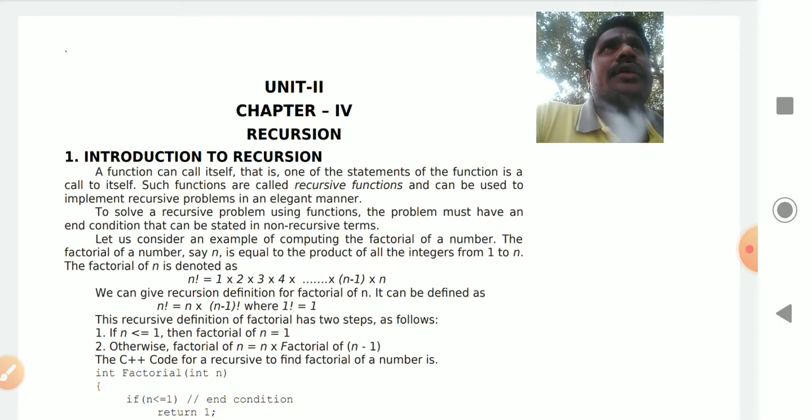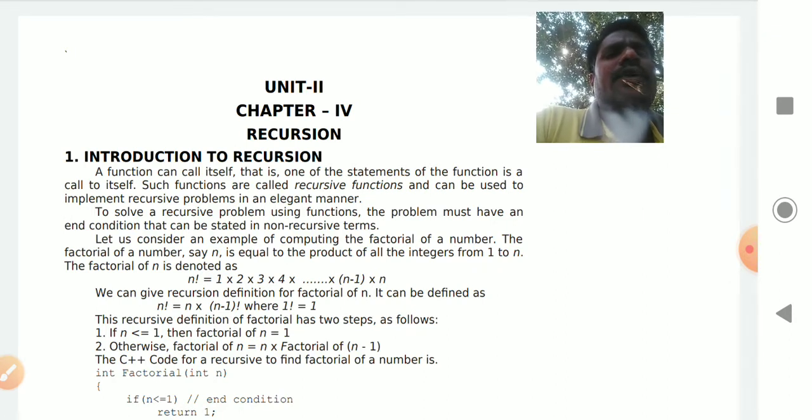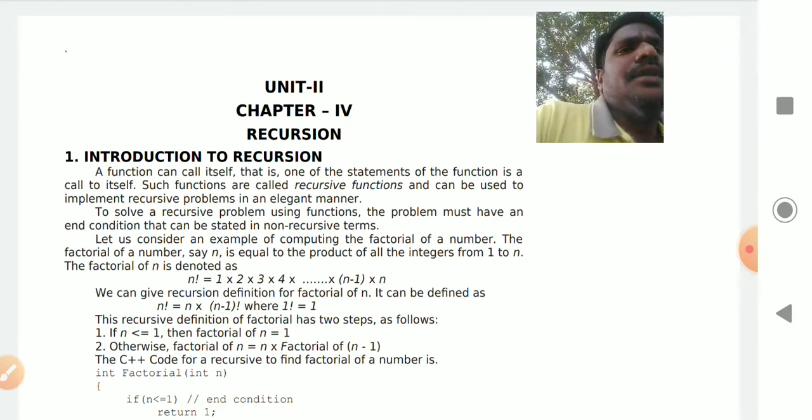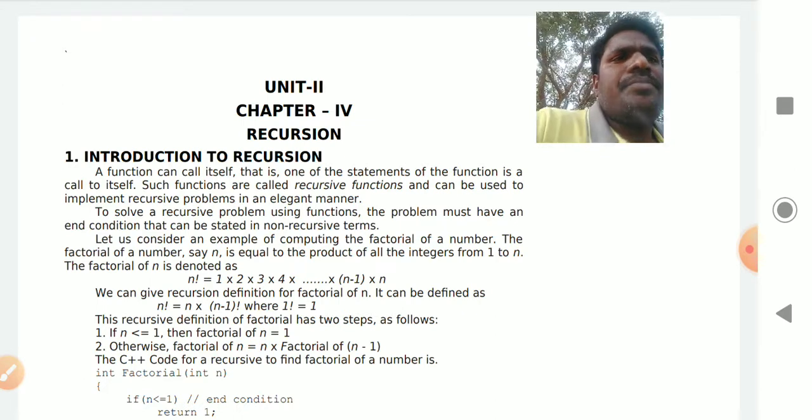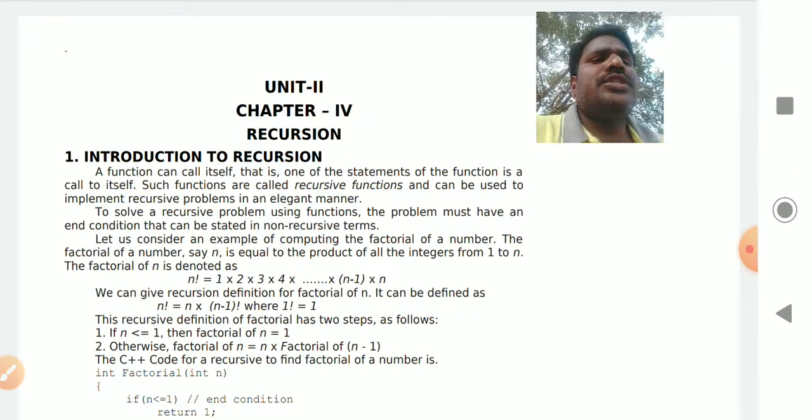In the previous 10 videos, we have discussed Unit 1. In Unit 1, we discussed the important topics: the types of data structures, arrays, one-dimensional arrays and two-dimensional arrays. And we discussed the third chapter completely, that is the stack, which is the most important. In the third chapter we discussed the stack concept.